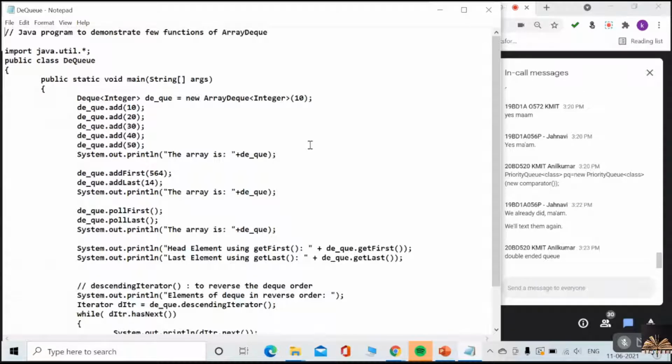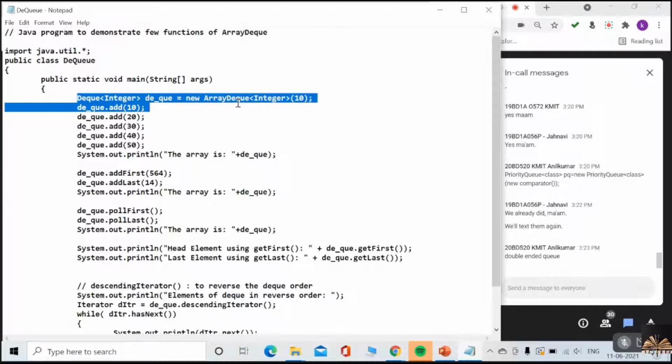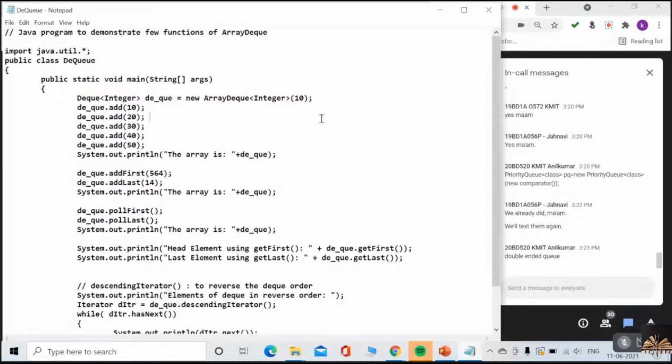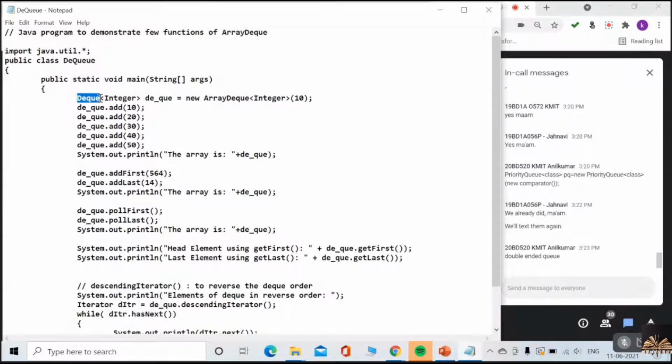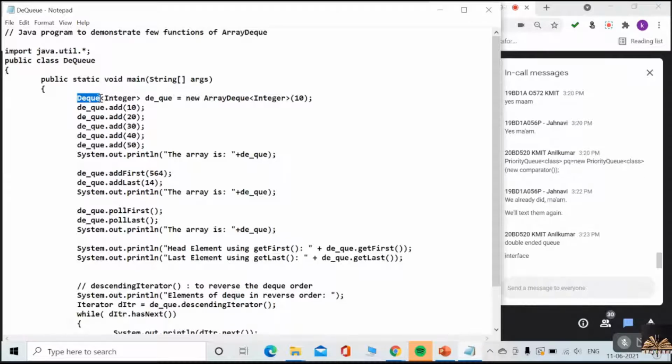So we can do the operations on both sides. The methods we discussed are based on that. Yes or no? So listen carefully. DQ equal to new ArrayDQ of. Actually, here on my left side, DQ is an interface.